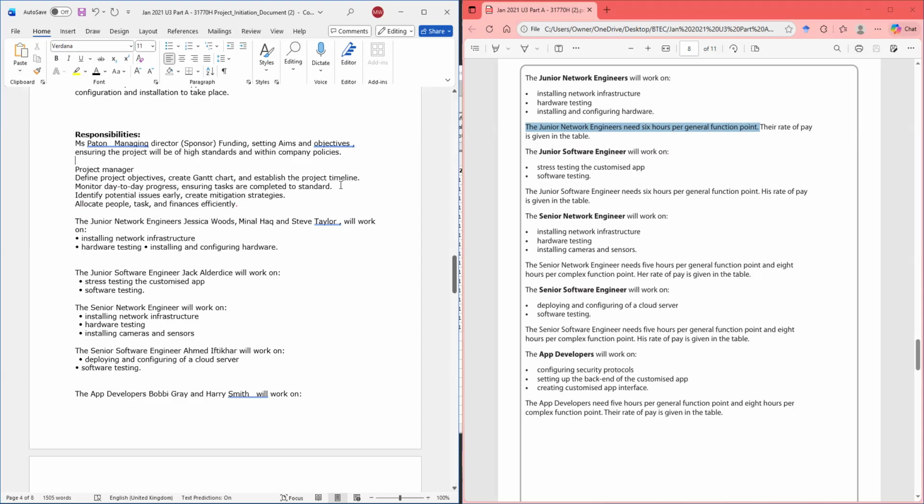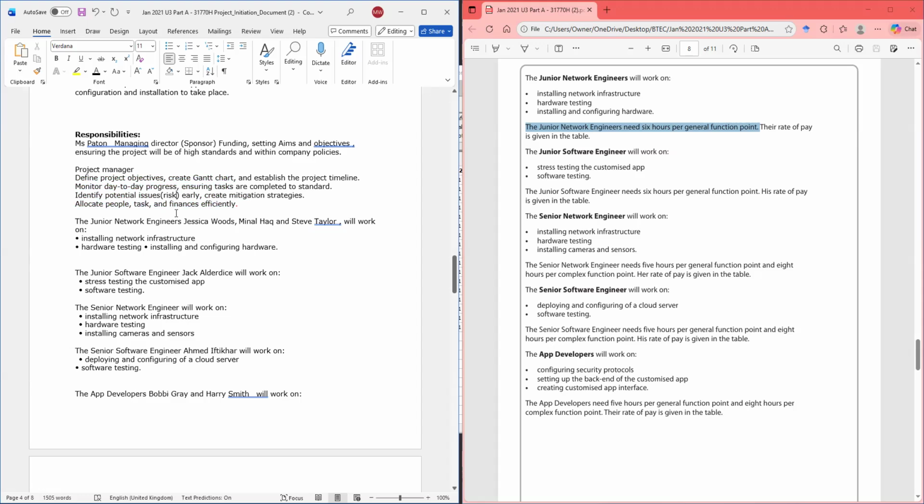That's why on the Gantt chart we have the different tasks, right? Identify potential issues. These are risk, right? Identifying potential issues which are risk early. Let me put risk in brackets here so that we know what they're supposed to do. Create mitigation strategies for the risk, allocate people and task and finances efficiently. And that's what it does.